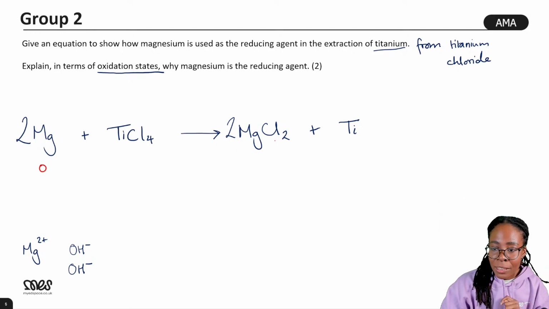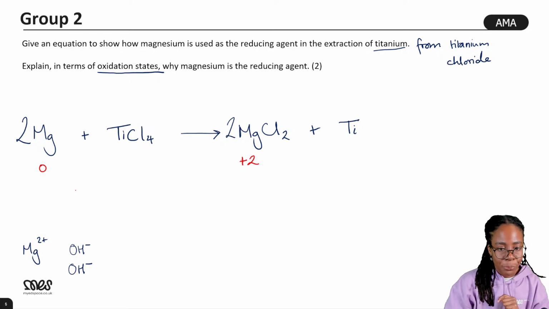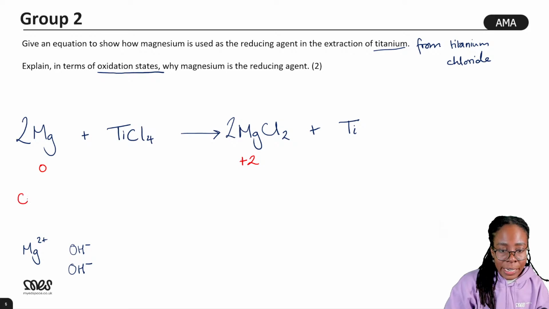And the magnesium in the magnesium chloride has an oxidation state of +2. Okay, so we can say that the oxidation state of magnesium increases, or increased,